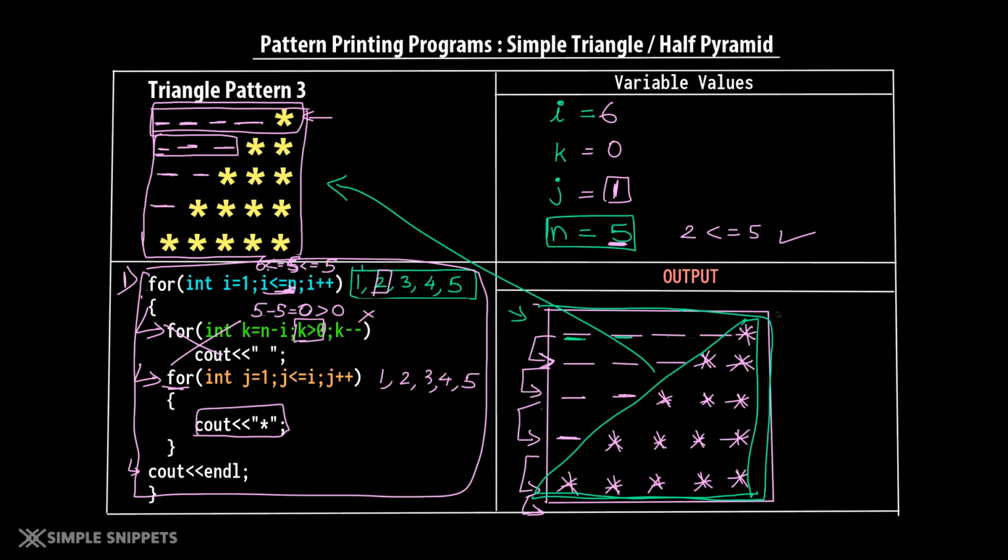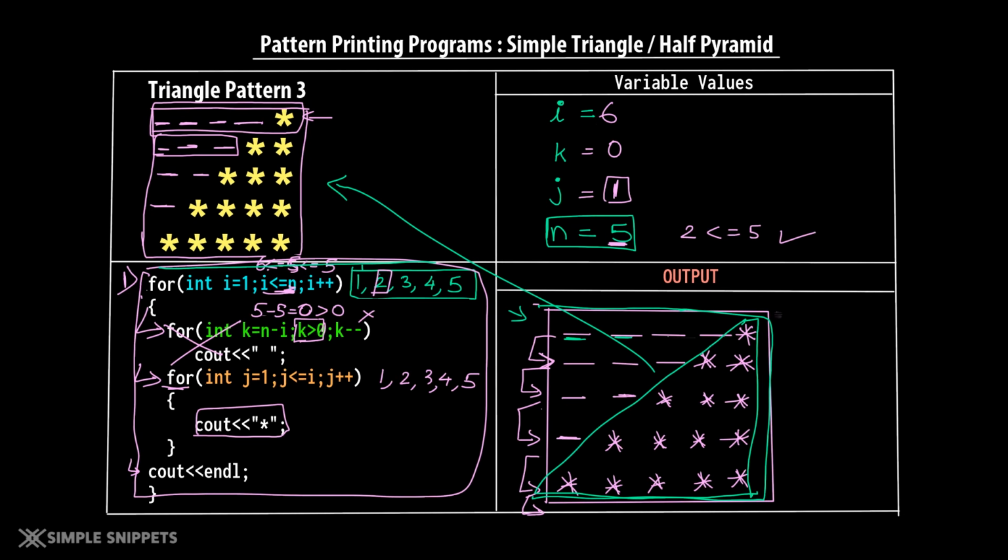If not, just pause this video and dry run this code. I'm pretty sure if you go step by step and track all the variable values, you'll end up with this output itself. I know this is a little tedious as a beginner, but this is how you first understand pattern printing programs, because as a beginner it's very difficult to directly jump to the code and get your pattern printing program correct in the very first run.